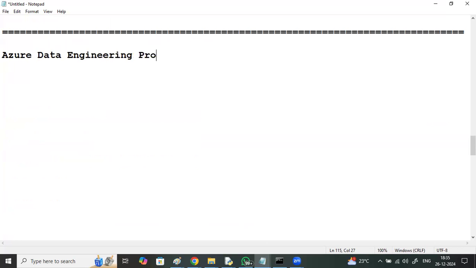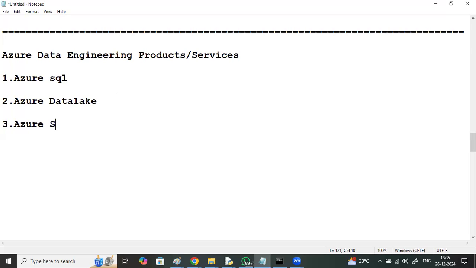Azure data engineering products or services: Azure SQL, Azure Data Lake, Azure Synapse Analytics, Azure Data Factory,